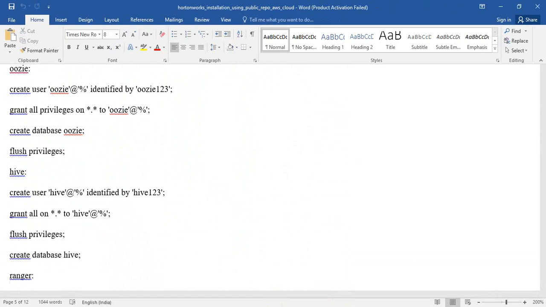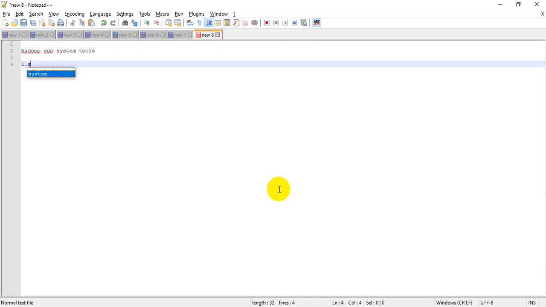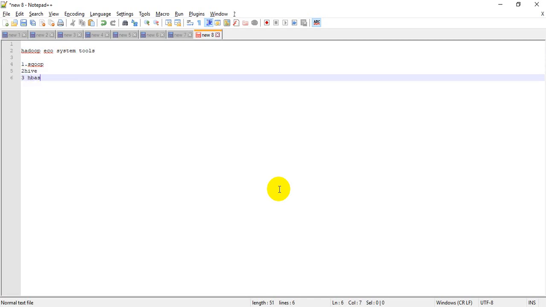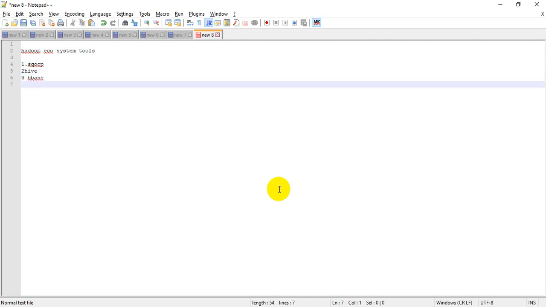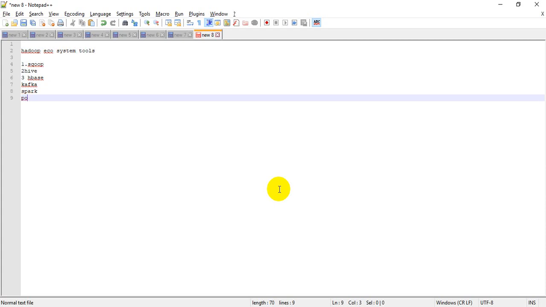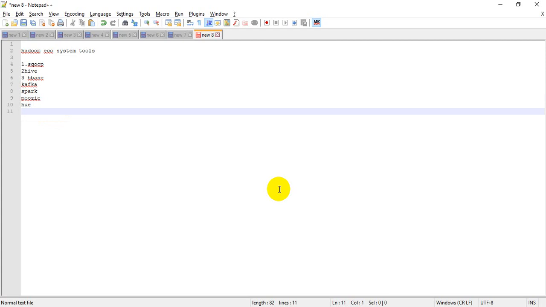Why? If you see, there are some Hadoop ecosystem tools, each of which has its own purpose and advantage. One is Sqoop, second is Hive, third is HDFS, then Kafka. These are all Hadoop ecosystem tools. Some people call them Hadoop services or components. And Spark is there, Hue is there in Cloudera. We will be having something called Hue, and I think in the Hortonworks distribution, the latest distributions also, Hue is coming,